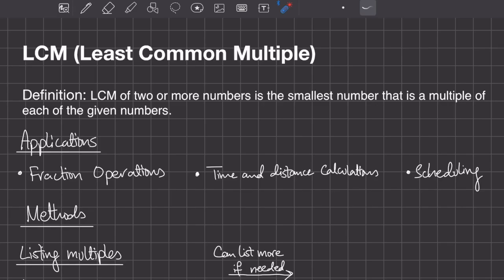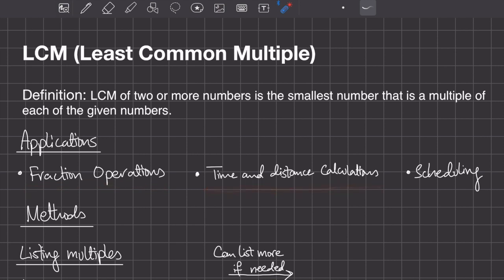Welcome back, everyone. Today, we will be learning about LCM, or the least common multiple. It is a fundamental concept in arithmetic, particularly in dealing with multiple numbers. The LCM of two or more numbers is the smallest number that is a multiple of each of the given numbers. It is crucial in various mathematical operations and real-life scenarios, and is used extensively in fraction operations, time and